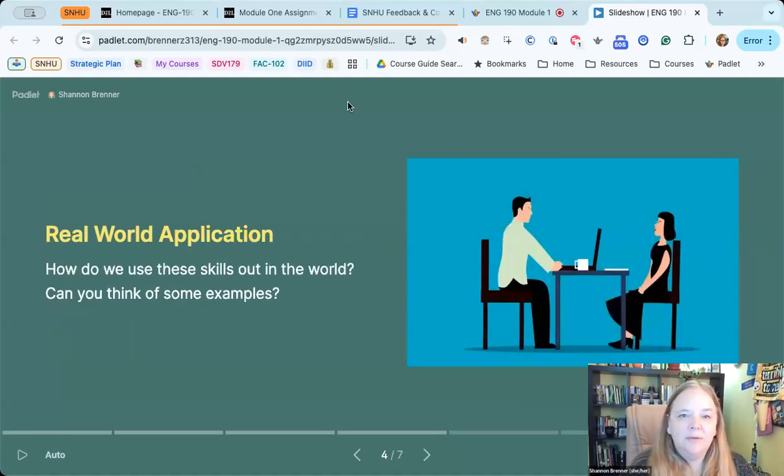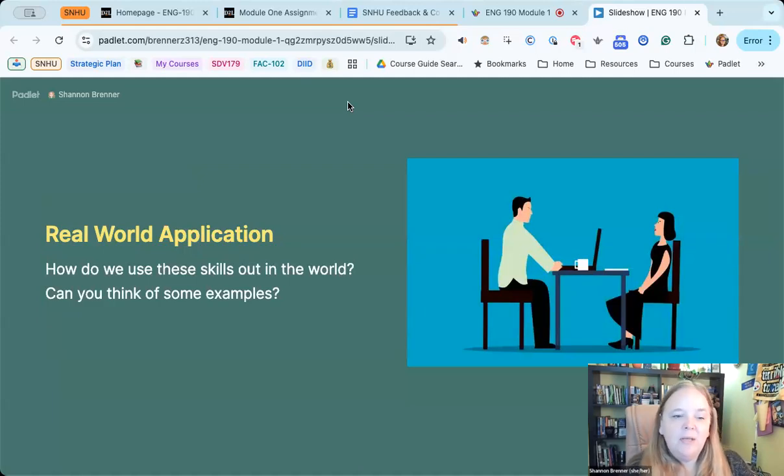So how are we going to use these skills, argument, research, persuasion, in the real world? You can probably think of some examples right now, but I'll name a few. If you're ever in a job interview, you're going to need to convince people that you should be hired, right? How are you going to do that? If you've ever argued with someone online on social media, you want to make your case. Even arguing with a spouse or a friend or a child, sometimes you need to get your point across and you want to convince them of something. And while you might not use evidence-based research on your kids, you do need to make a solid case and